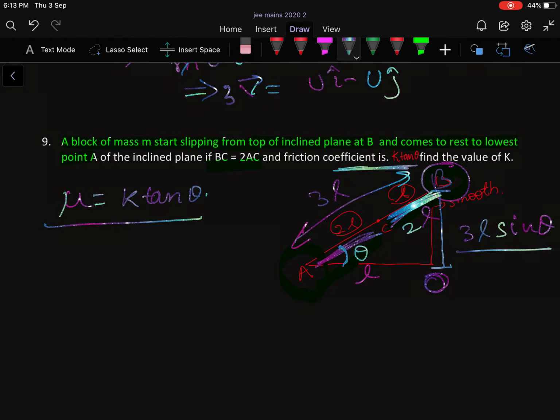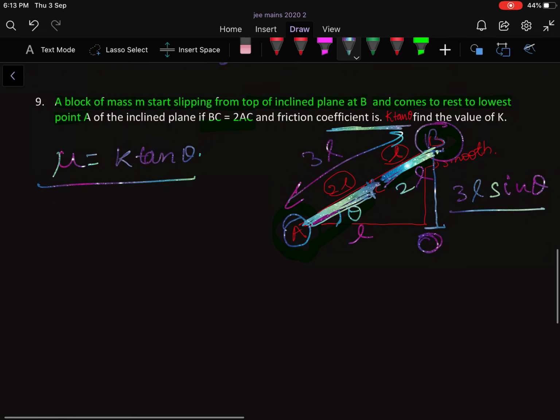And this part is smooth, so there will be no energy loss here. All the potential energy here is going to transfer into kinetic energy. But we see at point A it is at rest. It means all the energy is lost as heat due to the kinetic coefficient of friction, you can say surface friction. So you know that the force of friction